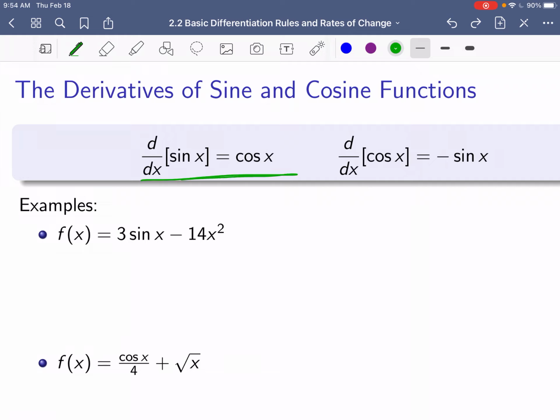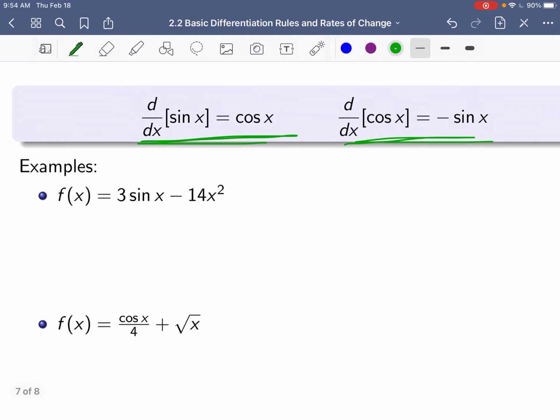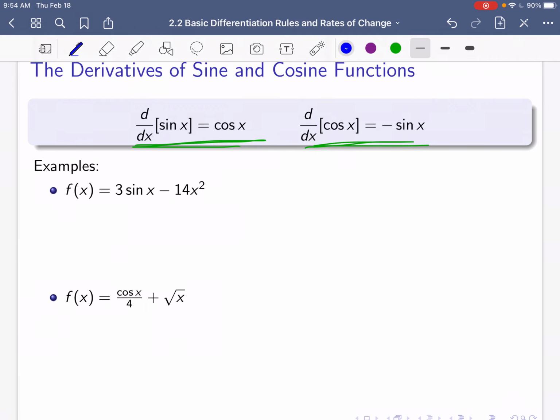But this is the derivative of sine. The derivative of sine is cosine. The derivative of cosine is negative sine. And so, if we were to roll through on this first example,